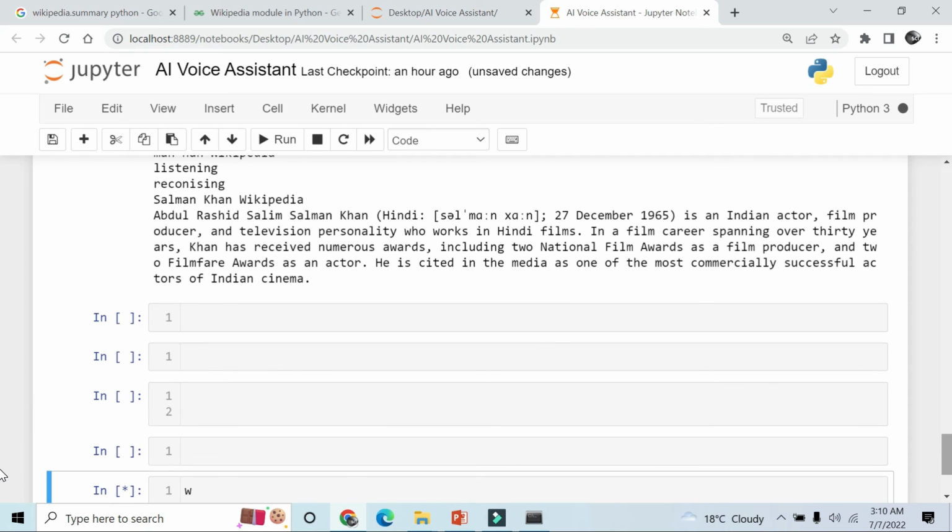Abdul Rashid Salim Salman Khan, born December 27, 1965, is an Indian actor,